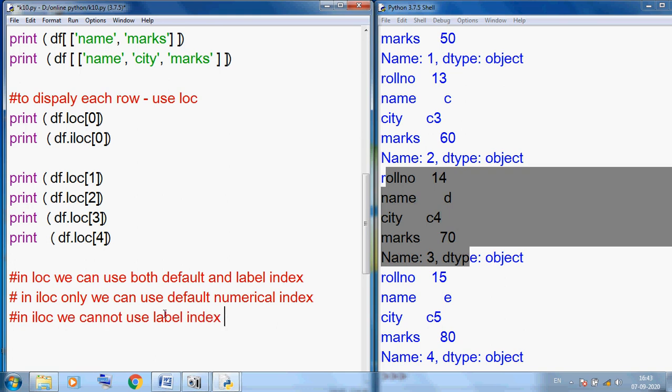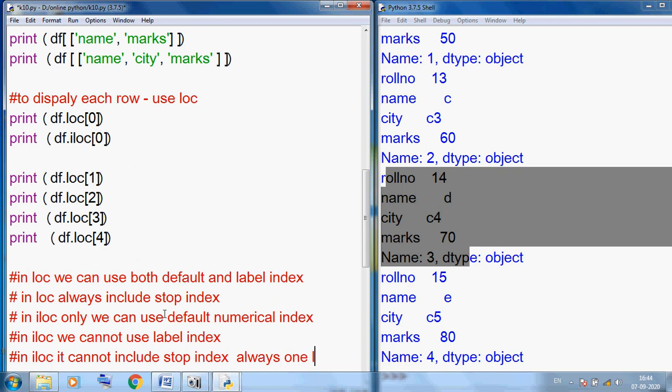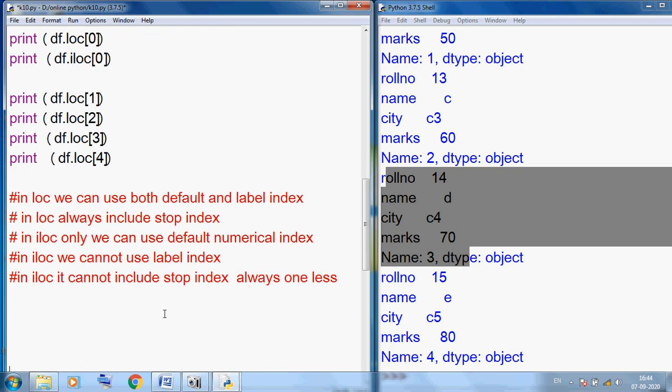So keep this conclusion in mind. loc is a flexible thing, we can use the default or label index, but one thing you should always keep in mind: in loc, it always includes the stop index, but in iloc it cannot include the stop index, it is always one less.